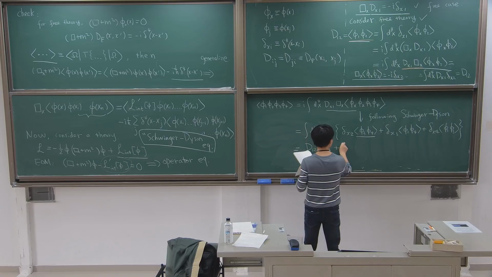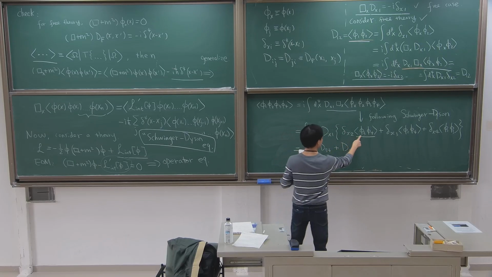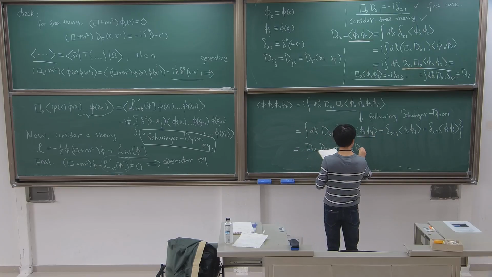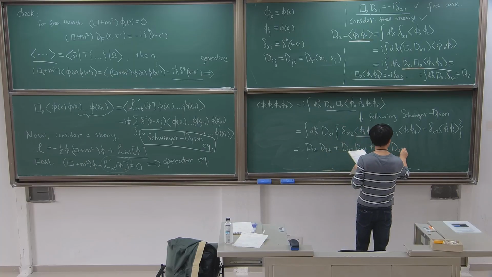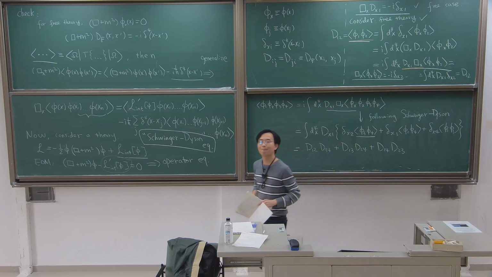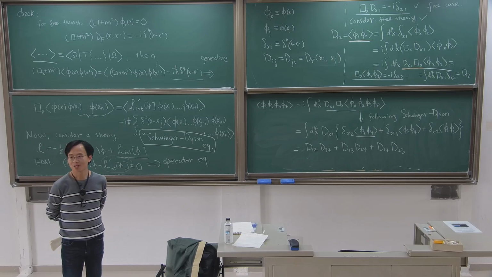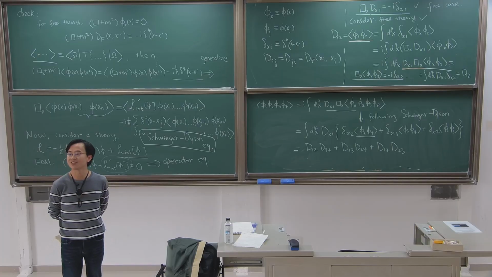The result tells you that this is nothing but D12 times D34, plus the second term D13 times D24, plus D14 times D23. Is that okay? It's interesting, right? Even though it's free theory, we can play this exercise